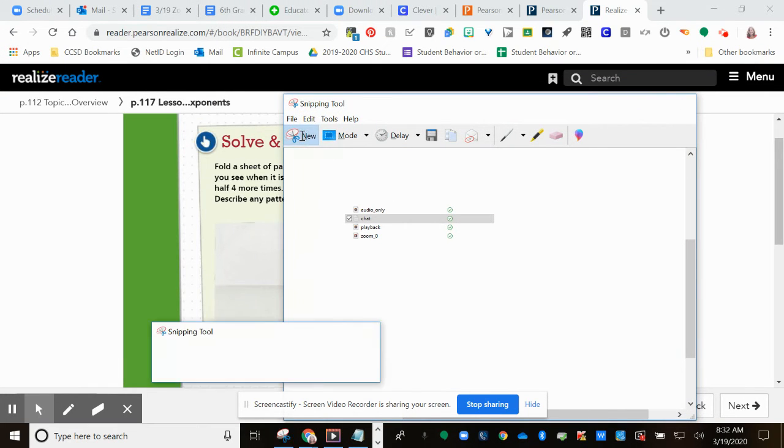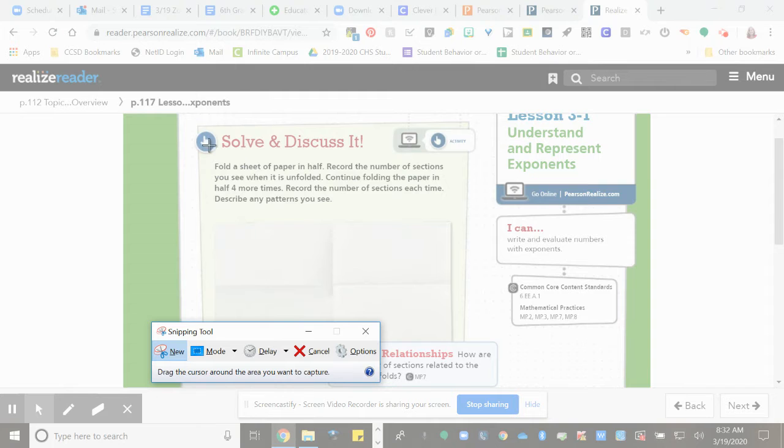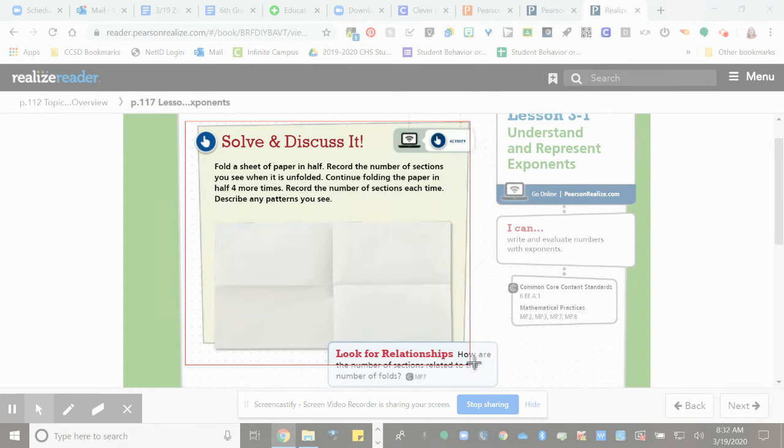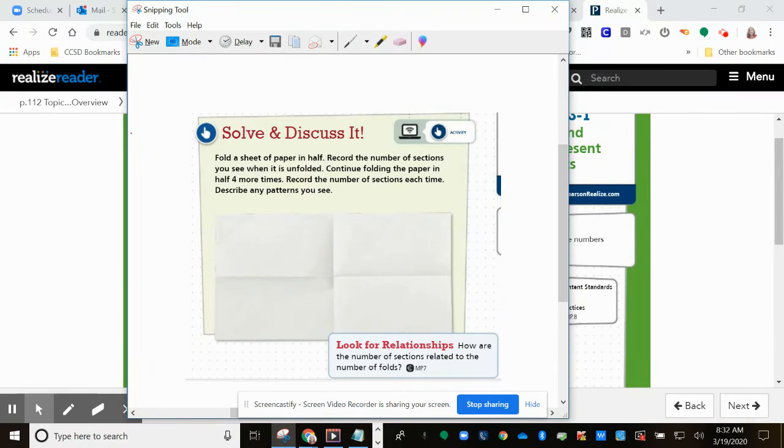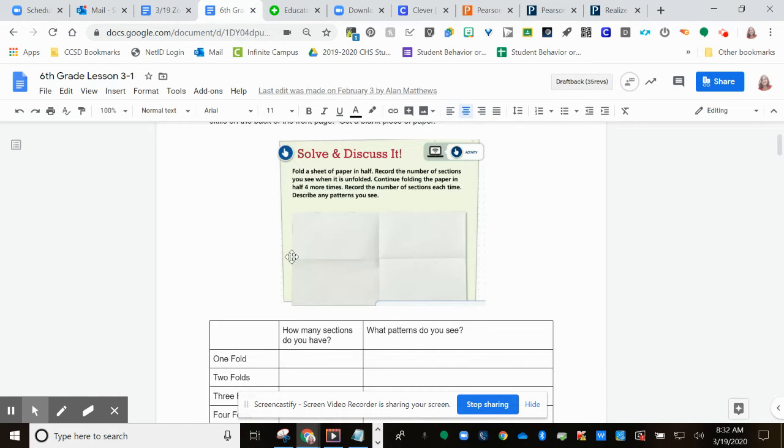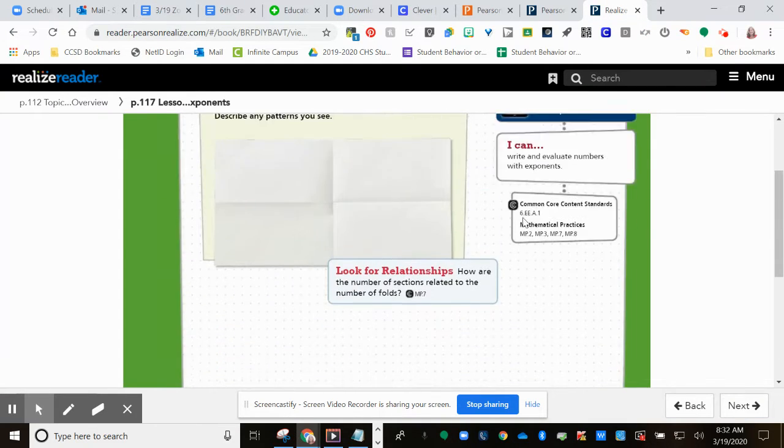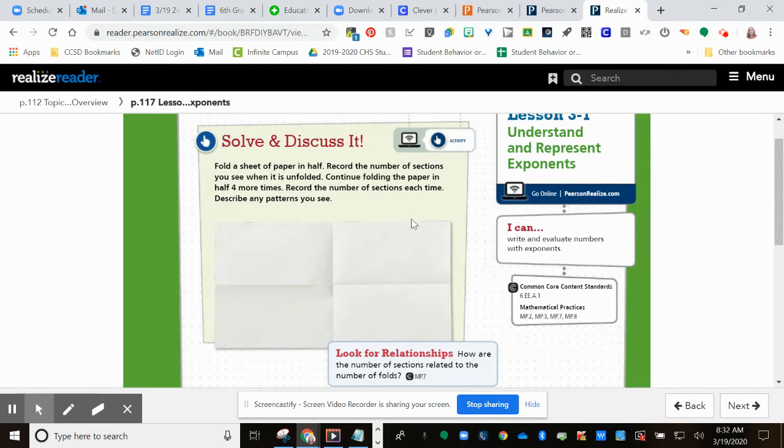Okay, so I have this snipping tool, and I'm just going to go through and do it. You can go through all of it. You could snip the whole page, however you want to do it. And then I'm just going to copy and paste it into what's here. So I just go through, copy and paste it,